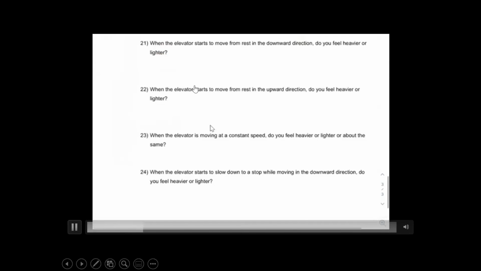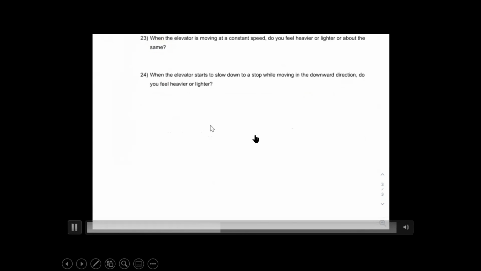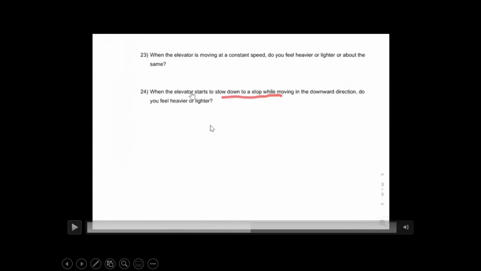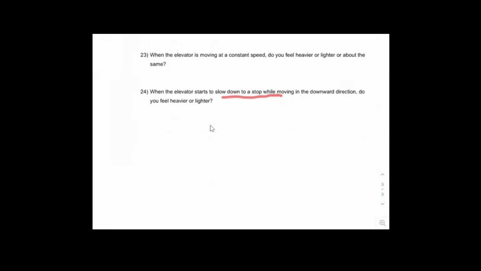All right, so moving forward, when the elevator starts to move from rest in the downward direction, you will feel lighter because of inertia. When the elevator starts to move from rest in the upward direction, you will feel heavier because of inertia. And lastly, when the elevator starts to slow down to a stop while moving in the downward direction, so it's going down and slowing down, do you feel lighter, heavier, or about the same? The answer to that question is going to be,